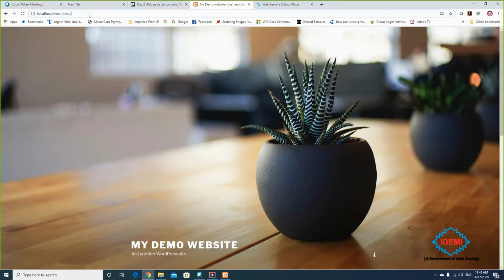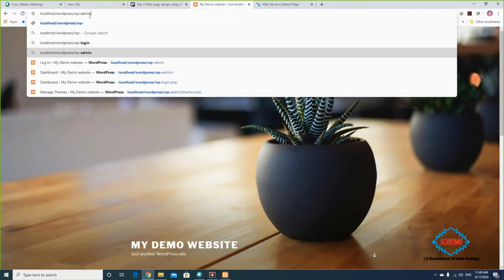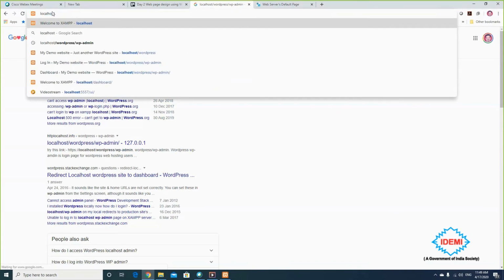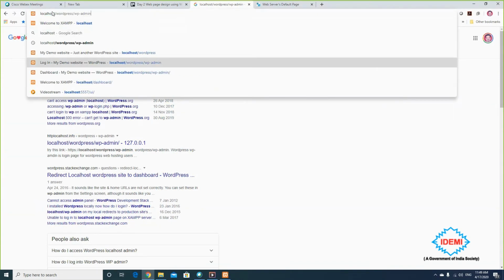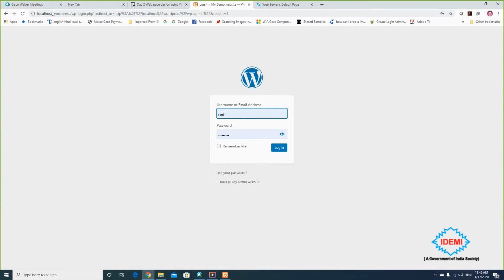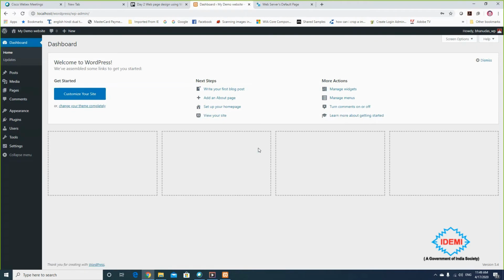For that I have to use WordPress and wp-admin. It will take me to the login page, and here I'm writing Bhanudas_wp as my username, and the password you already know, that is root123@. Yesterday we set that password. So it will take me to the dashboard.